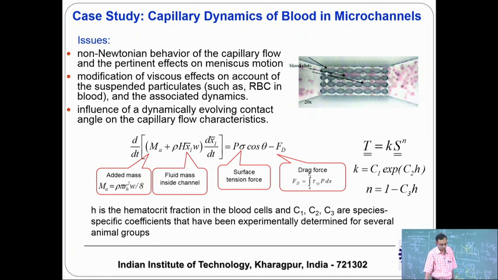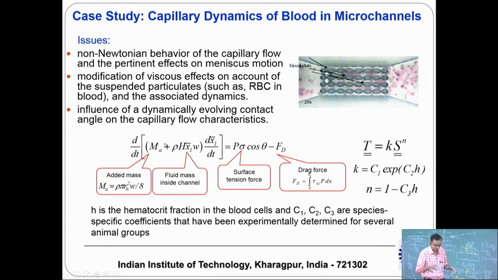model. In the Lucas-Washburn model, the left hand side, d/dt of mv, is essentially Newton's second law. The left hand side is d/dt of mv, the rate of change of linear momentum, and the right hand side is force. In the Lucas-Washburn equation, this term is taken as 0. So, that is called the inertia-free regime. But if inertial effects are there, then in the mass you will have a fluid mass that is ready to enter the capillary, which is called added mass.